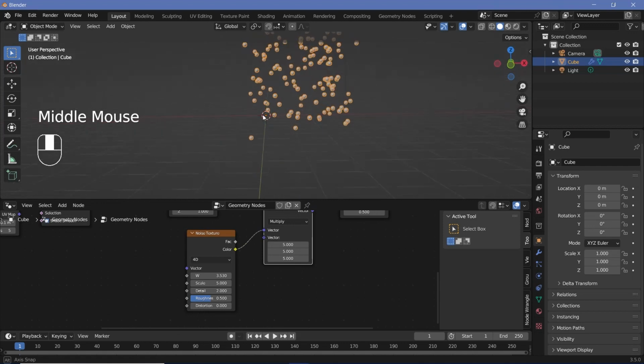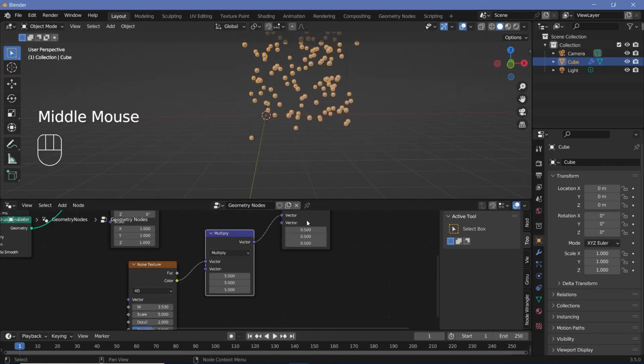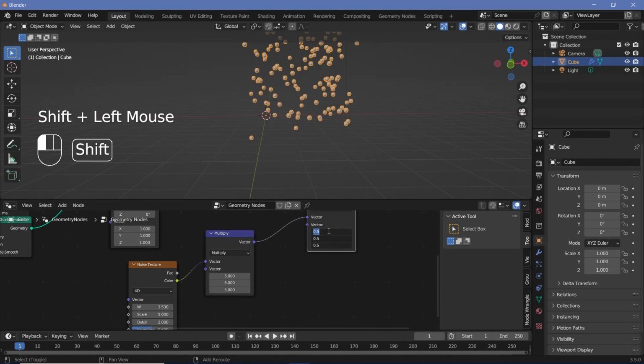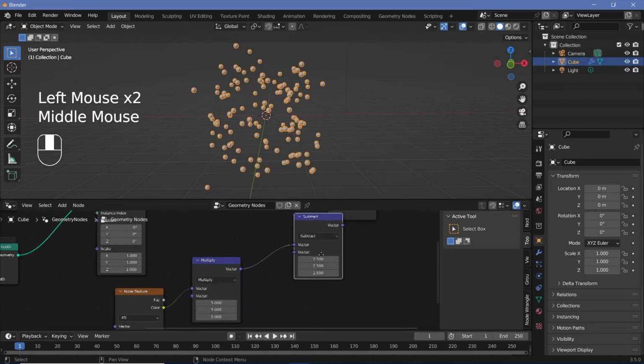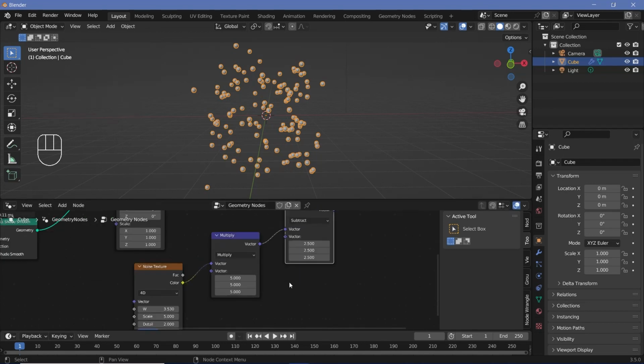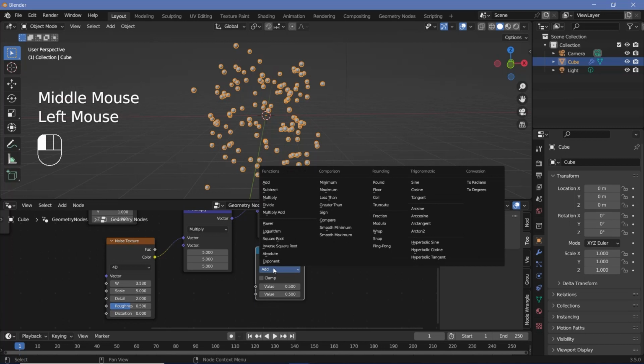But that also shifts this up by the 5 units. So we have to multiply this 0.5 by 5 as well. So it would become 0.5 into 5, which is 2.5, to bring it back to the center. In order to make it such that a single value for the multiply node will take care of this subtract node as well, you can simply press Shift A and search for another math node,